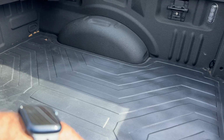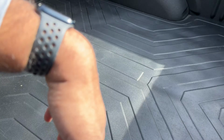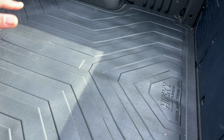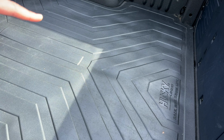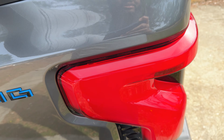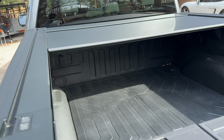And so inside here is this Husky bed mat, which is kind of nice because even though I have the spray in liner, this is not easy to crawl around on. It's very tough, it's very hard still, so it's not my favorite thing to get up in the truck and try to do something on. So this is very helpful. I may get a bed rug or something else in the future, we'll see. But that's that. Show the cover in action, and I'm gonna go around to the other side